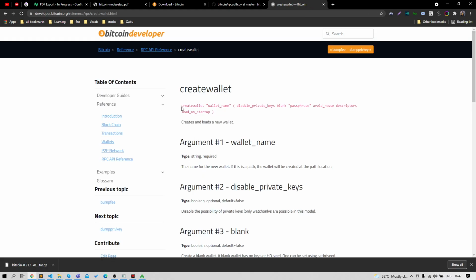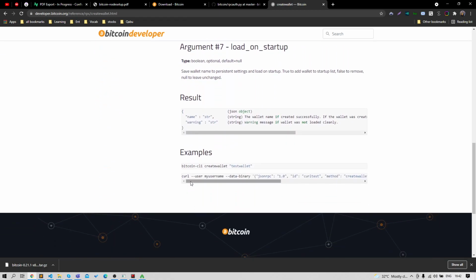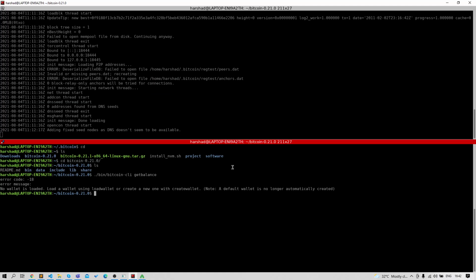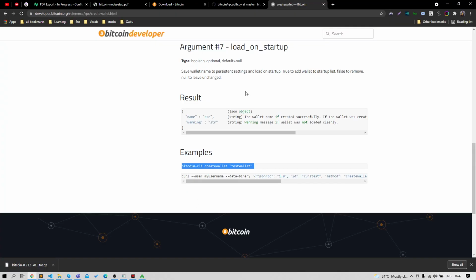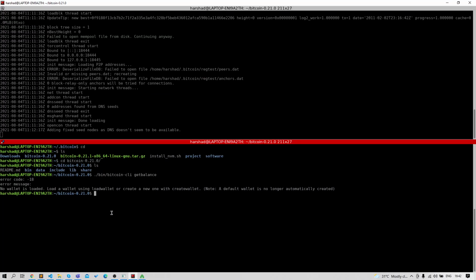To work with a Bitcoin node, the first task we need to perform is to create a wallet. So we just copy this command from this reference documentation and run it over here.